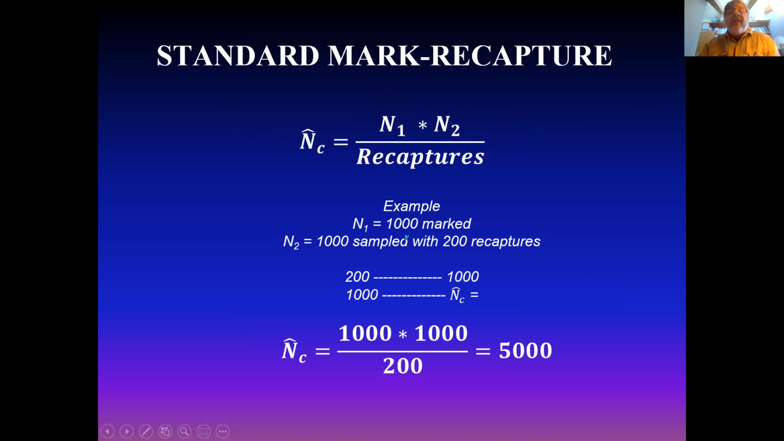For instance, if you have 1,000 individuals, you mark them, you put them back. Sometime later, you go and sample another 1,000 individuals and you recapture 200. That is, 200 of those 1,000 individuals bear the mark that you put on them the first time. Then if 200 individuals were distributed in 1,000, then 1,000 in NC, and you get a population estimate of 5,000. That's the nuts and bolts of the mark recapture